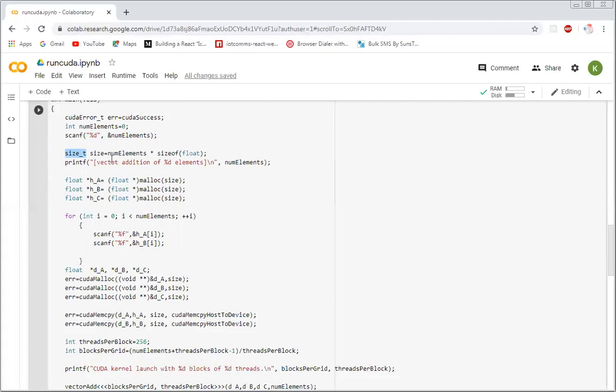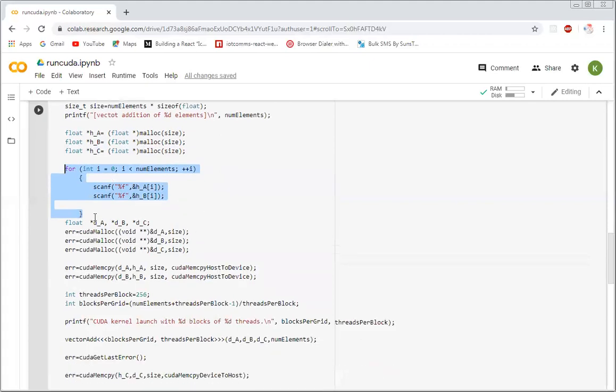So we have defined size like this: count, size of float times the number of elements. You have allocated the memory for host A, host B, and host C. No problem. You have taken input in host A and host B.